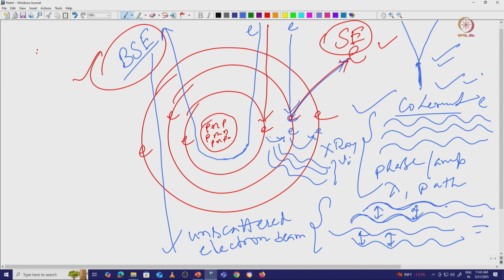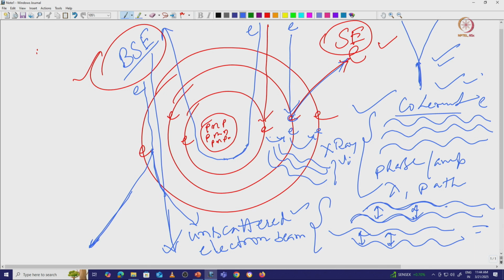Okay. Now the other possibility is that one electron is coming very close to this electron, and because of this electron there is a repulsive force, and this electron will deviate either in this direction or this direction. So what is happening, this incident electron is going straight, it is not too close to the nucleus or any other electron, and that is the reason this electron is not scattered at all, and that is called the unscattered electron beam. But if the incoming electron is very close to another electron, there may be a deviation in its path length. This path length may deviate in this direction or this direction.